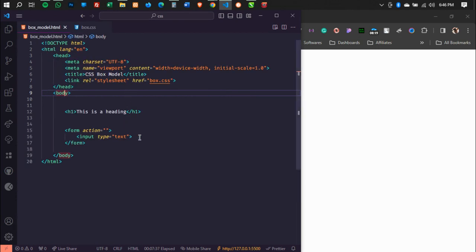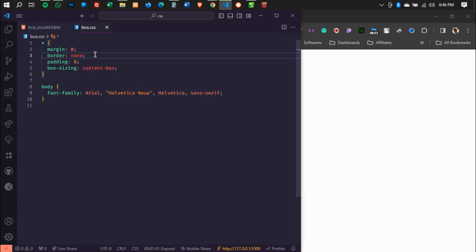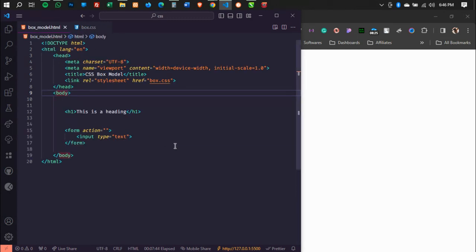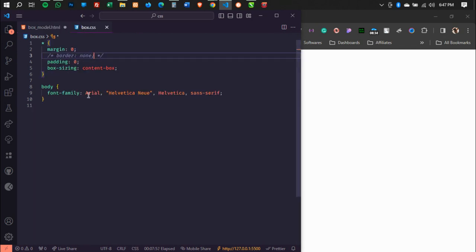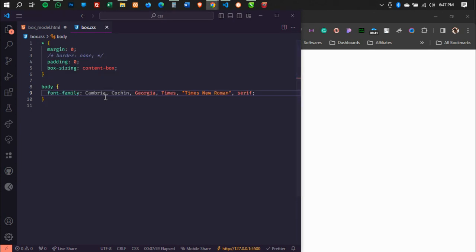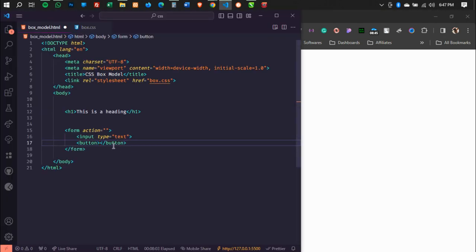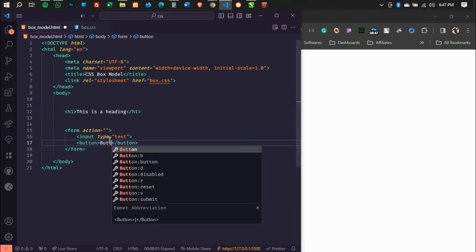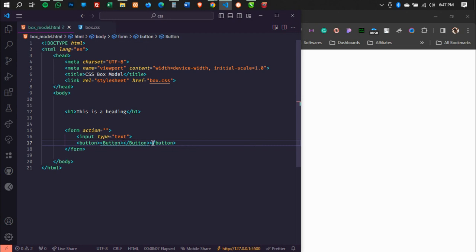However, if I should set a font, sorry, in my form element, let me take this out. In my form element, let me bring a button. Let me change this over here so that we can see the effect I'm trying to show. Cambria. All right, so this is Cambria. Now in my form element, when I come here and I say button,